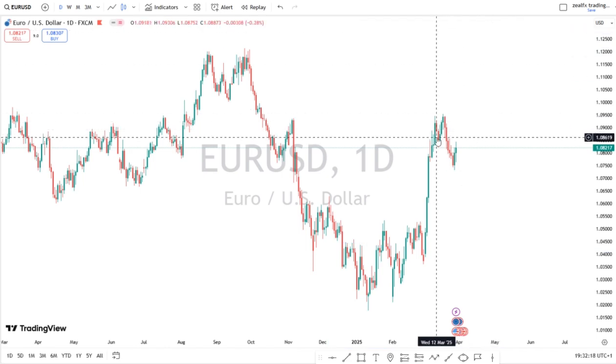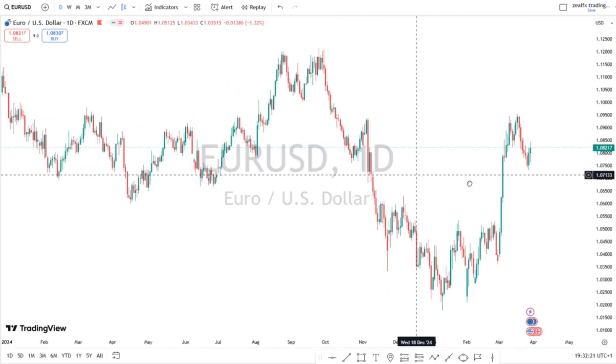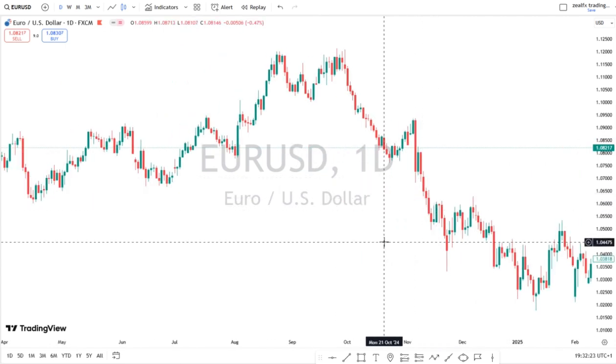So let's talk about the support and resistance zone. How do you identify your support and resistance zone? We identify our support and resistance zone when price